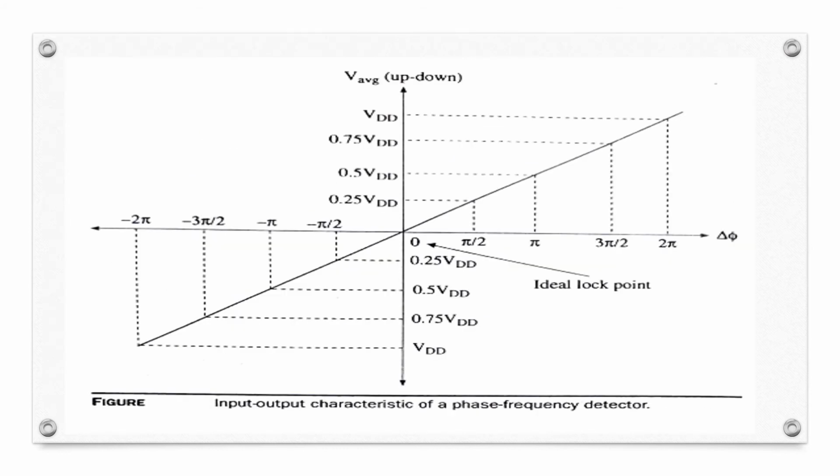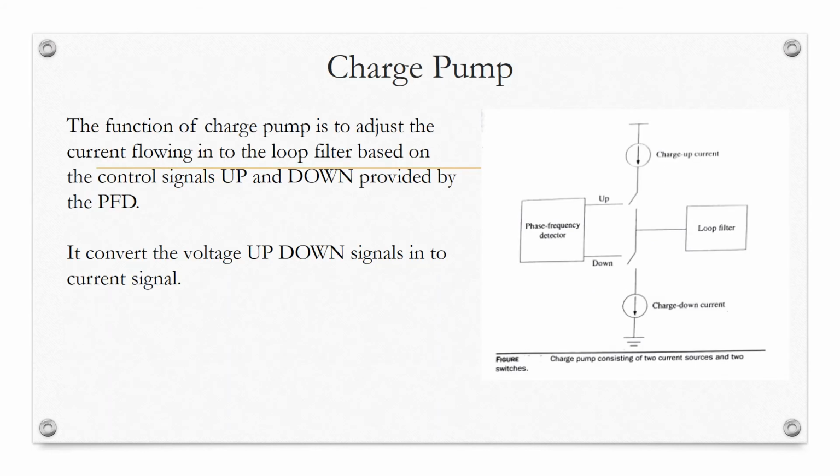So this is the control voltage generated for phase difference 0 to 2 pi. Not only that, when lagging kind of errors are there, then also control voltage is generated, which decreases. So you can see here, for all different conditions, a sequential phase frequency detector is very versatile, so it is used. So then, charge pump.